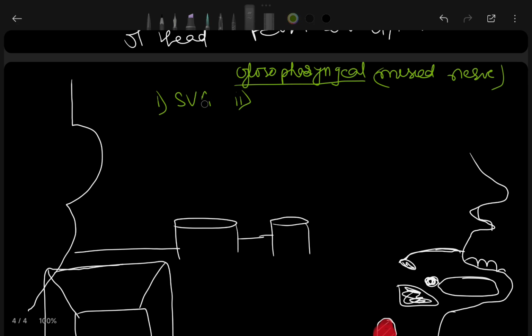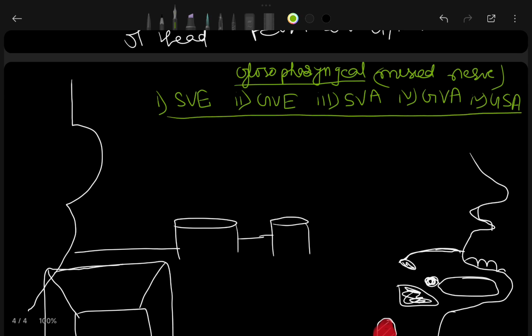First of all, let's go through the efferents. Special visceral efferents. Second one is general visceral efferents. Third one is special visceral afferent. Fourth one is general visceral afferent, and fifth one is general somatic afferent. It is the same as the facial nerve. So we are going to describe the glossopharyngeal nerve, and first of all let's go through the very first component of